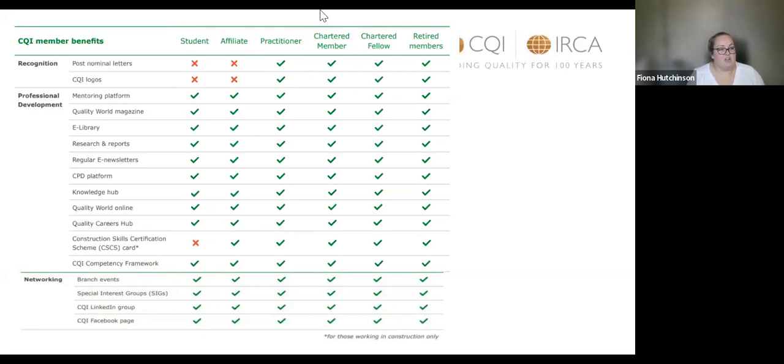We try to show you this to demonstrate that when you're choosing a grade, it's important for you to think about what it is that you're looking to gain from membership, as well as what you're going to demonstrate with your experience and the time you've got to spend on the application form. So you can see you get most of the benefits with most of the grades. So it's worth thinking about what it is you're looking to gain from membership to help you to choose a grade. Anything you want to add about benefits, Thomasine?